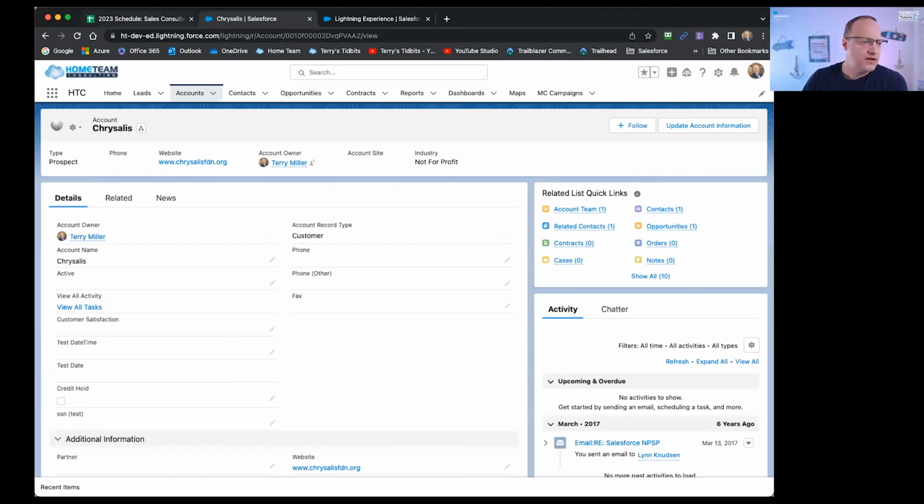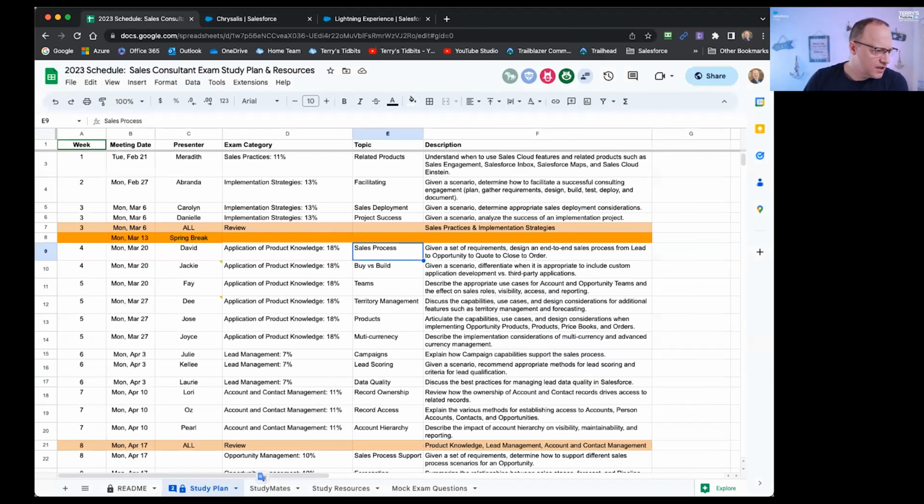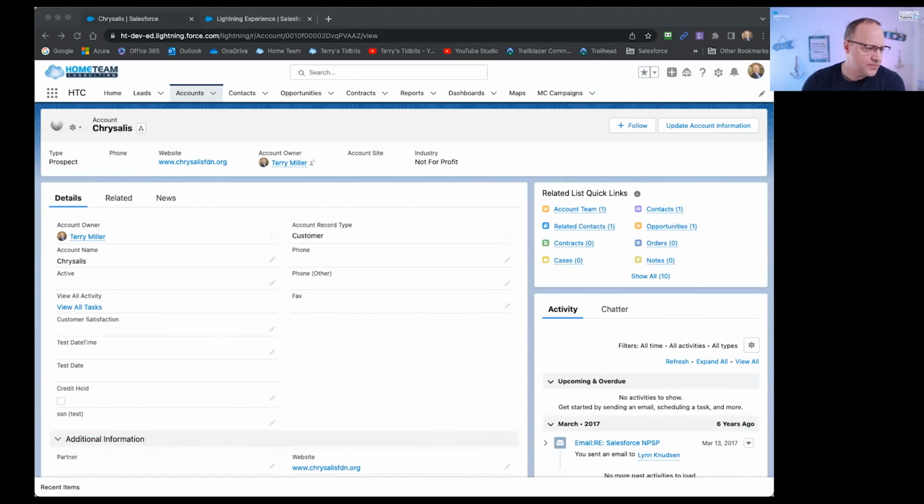Okay. And it says, describe the appropriate use cases for account and opportunity teams and the effect on sales roles, visibility, access, and reporting. So I think it's much more narrowly focused around the features that it provides for us, less around the security visibility. So the fact that it's saying things like the effect on the sales roles, visibility, access, and reporting, that is,